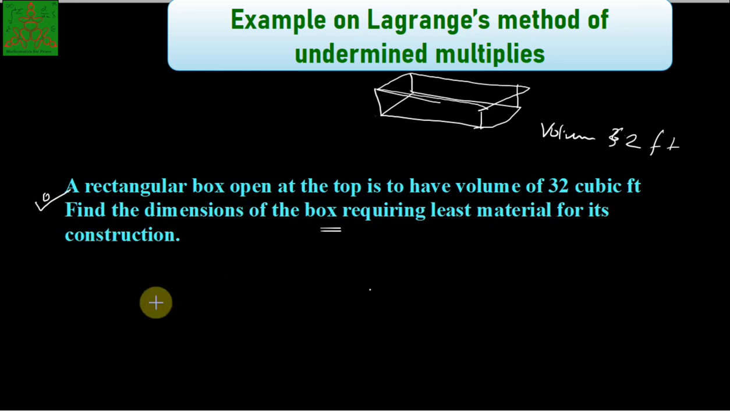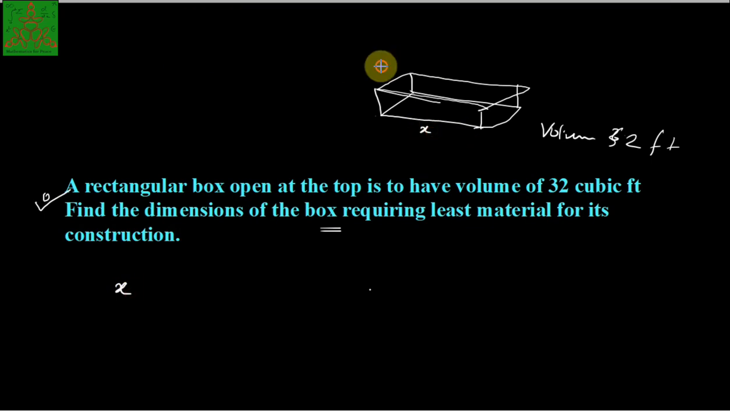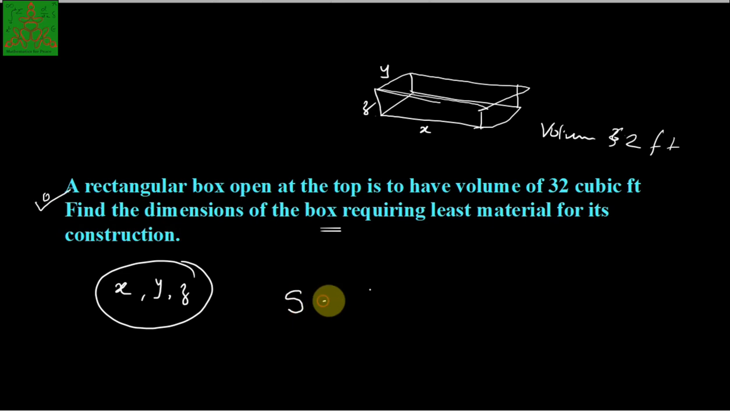So let us assume that its length is x, breadth is y, and height is z. So x, y, z are the three parameters of this problem. Now, what is the surface area of this rectangular box? You need to make it least because you want to construct this box. So the surface area of this box will become,